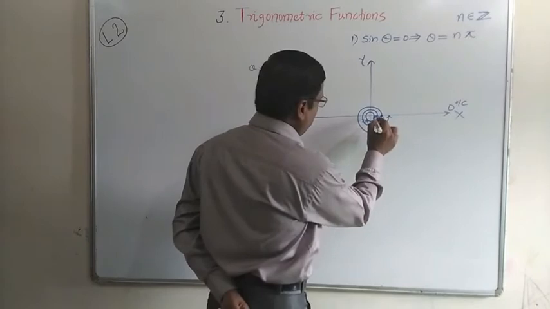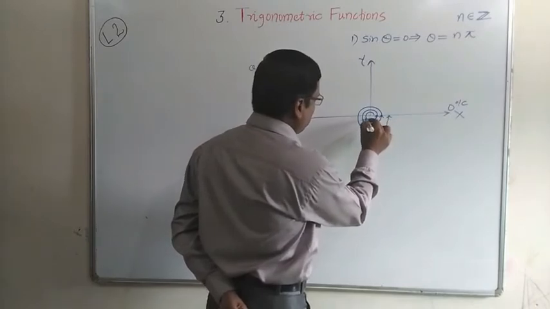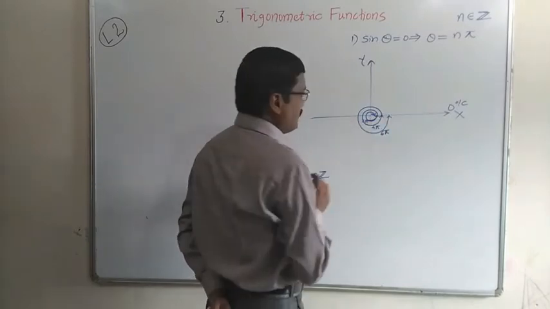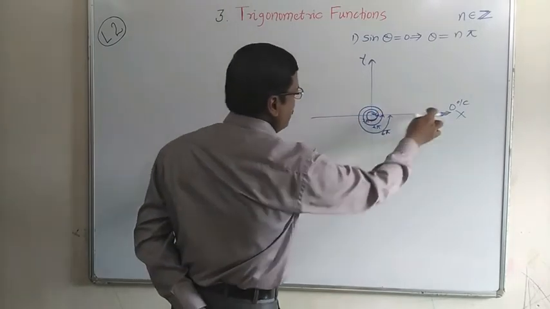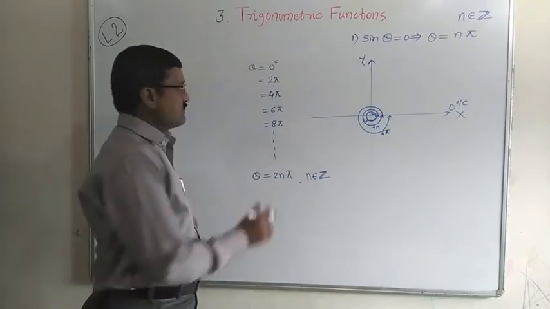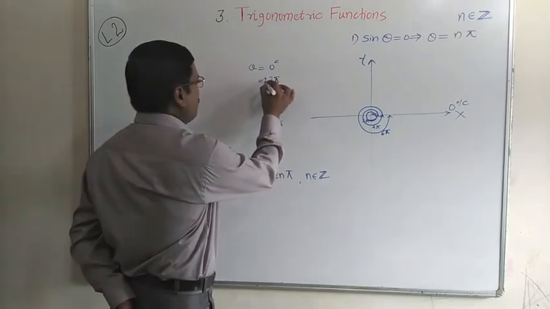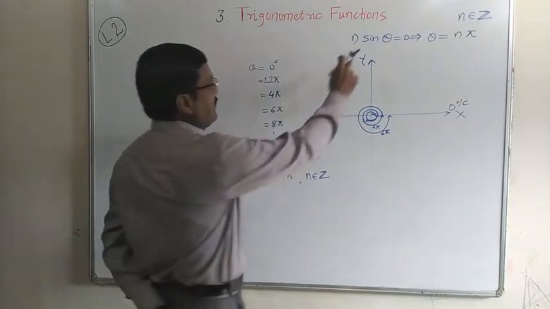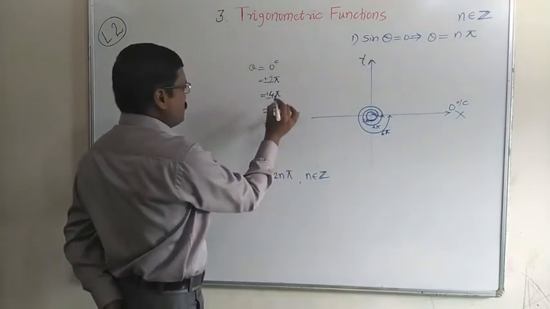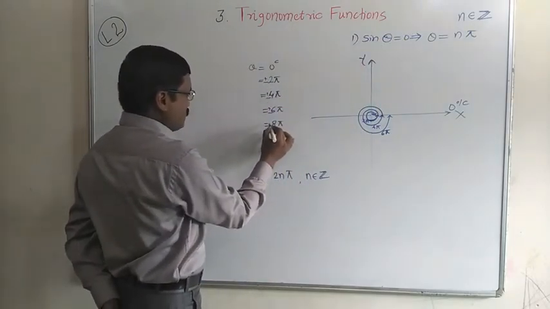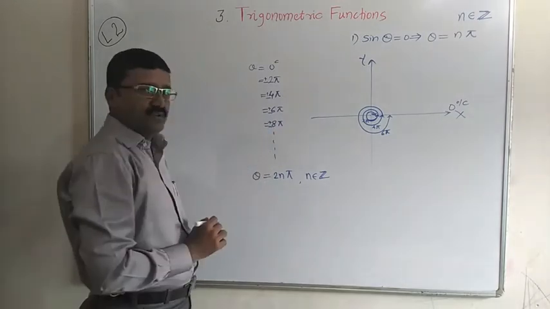Instead of this 2 pi, we can consider negative 2 pi. So when we take negative angle 2 pi, we reach again up to the positive x-axis. So this plus minus 2 pi will give us the same solution. Means sin of minus 2 pi is 0. Sin of minus 4 pi is also 0. Sin of minus 6 pi is also 0. Sin of minus 8 pi is also 0.